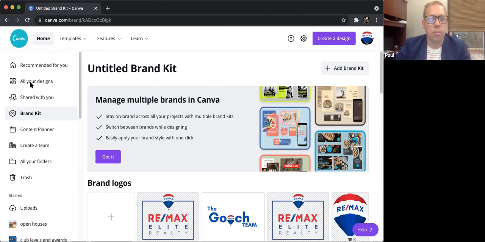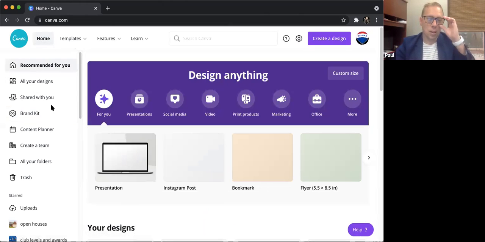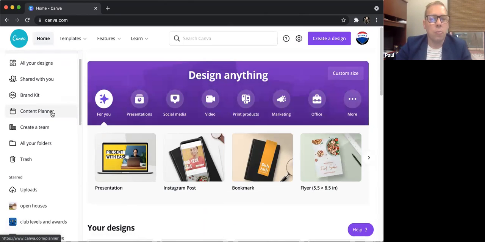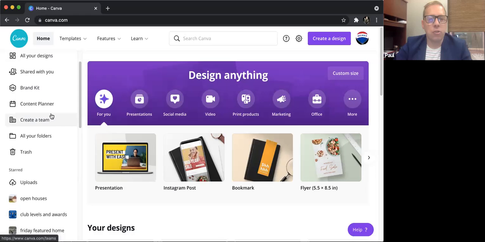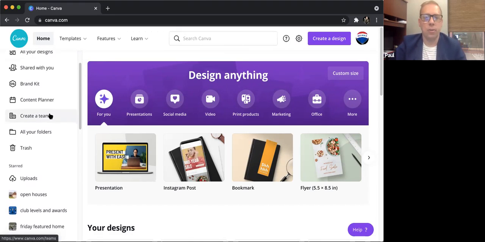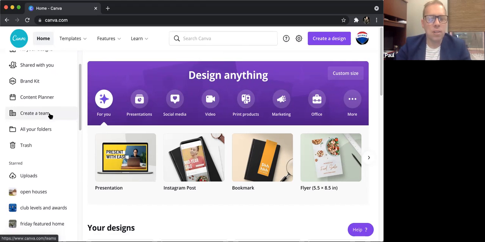So let's go ahead and get into a post. Here's what I'm going to do. I'm going to go back up to home. Let's go down here just a little bit before we get any further. One of the great things is that, let's say you're creating a lot of things, you may have different needs for folders. We have a lot of different folders because we have a lot of different things going on. So for instance, if we have a post that is specifically about the Richmond office and a Richmond agent,